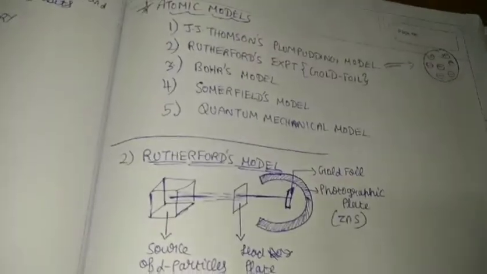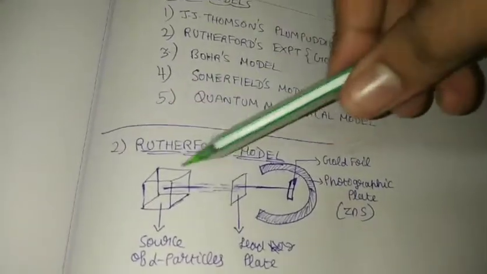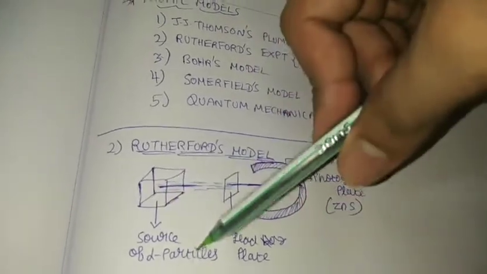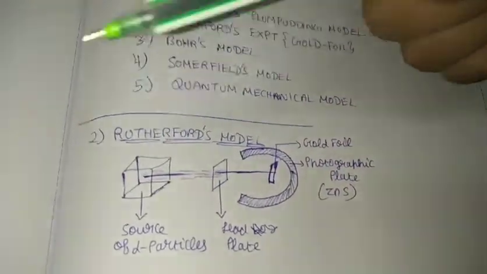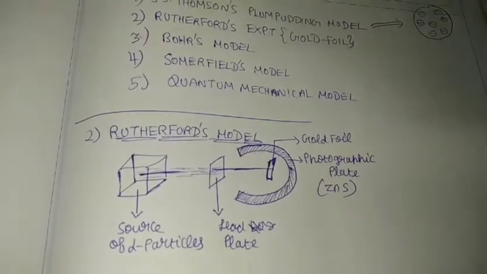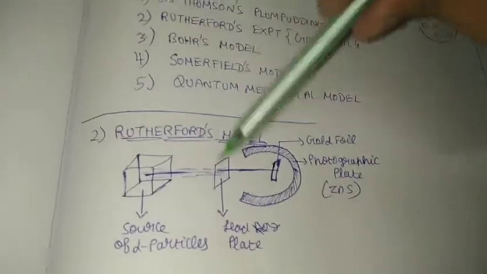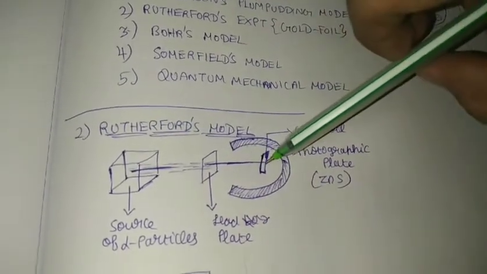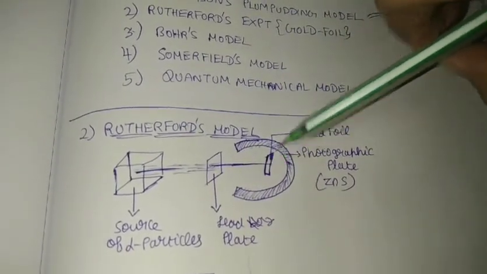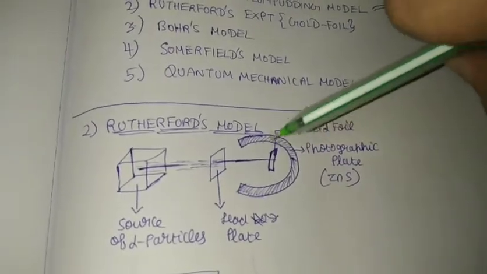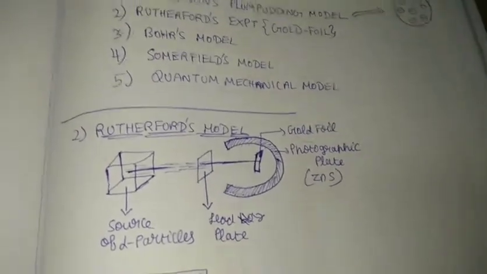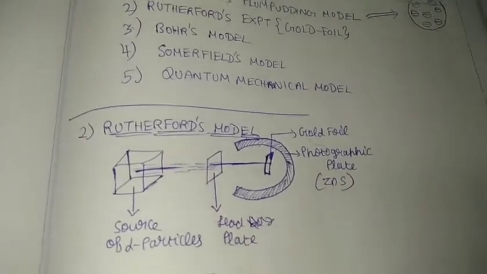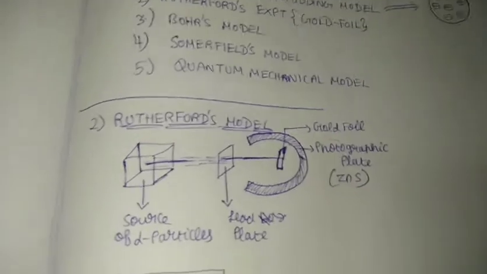So what was the experiment basically? See, this box behaved as a source of alpha particles. What are alpha particles? I told you, helium 2 plus. So those were alpha particles, and they were allowed to go and meet a gold foil. Gold foil is very thin. And why was gold chosen? Basically it was a compact, solid metal known at that time.